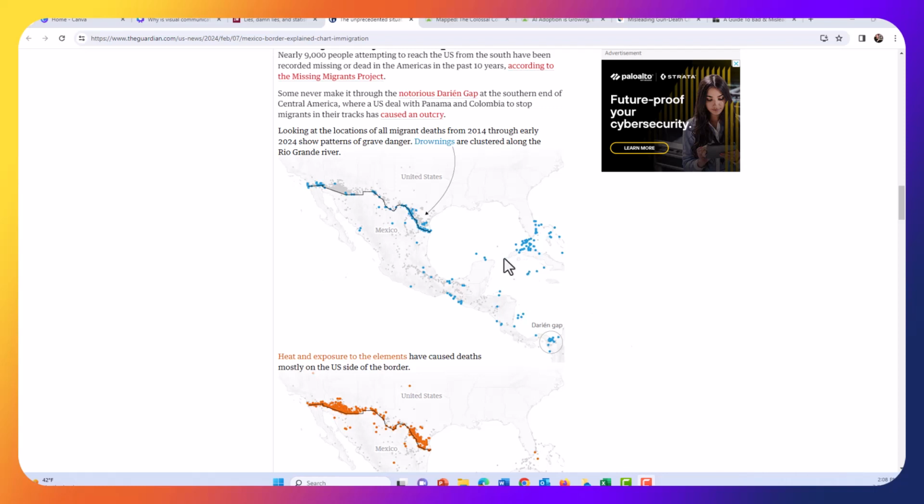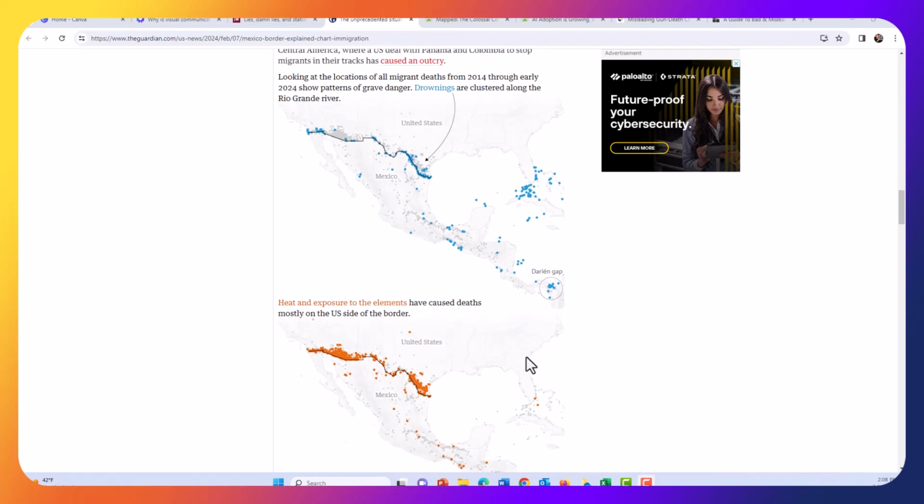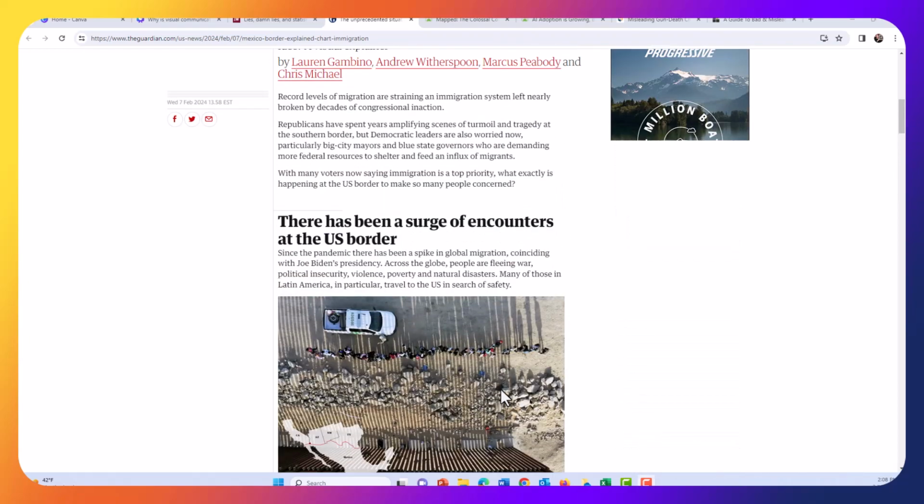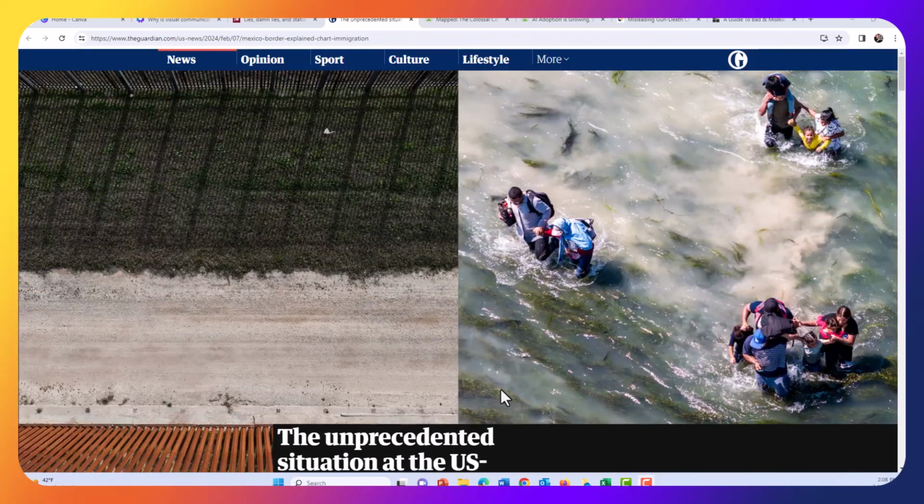You'll see too that the cause of death here is color-coded to match the dots, but also emphasized so we can't forget what we're really talking about here. And throughout the article, the writers use photographs of real people to contextualize all this information and to help us make this connection to real people.